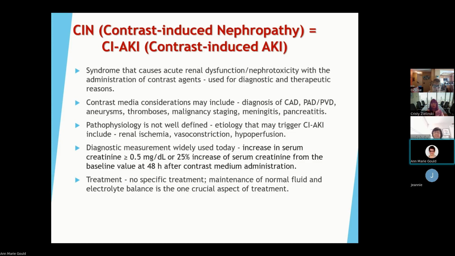Your diagnostic measurement that's widely used is an increase in serum creatinine greater than 0.5 milligrams per deciliter, or a 25% increase of serum creatinine from your baseline value at 48 hours after contrast medium administration. So you've got to look at your time frame. When it comes to treatment, there's no specific treatment. Usually they're giving IV fluids, normal saline, and electrolyte balance. They're just monitoring the electrolyte levels,